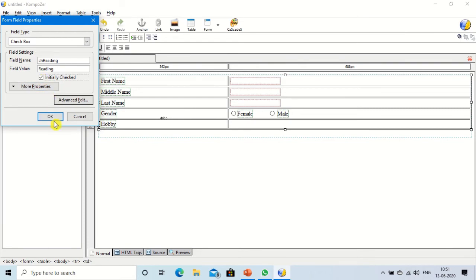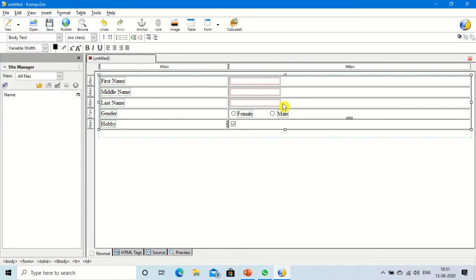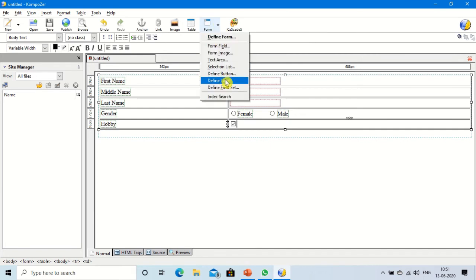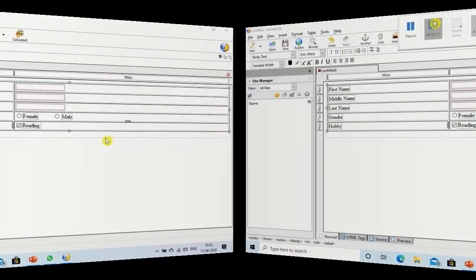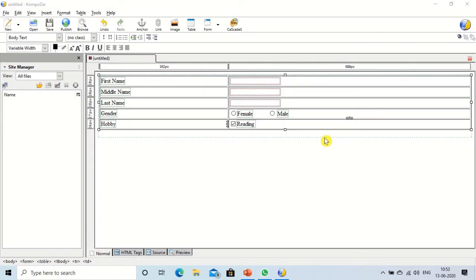Okay, you can see the checkbox has been created. Now we have to give the message, so we will insert a label here, define label and write here reading, so that the user will understand. Similarly, you create another checkbox for dancing.